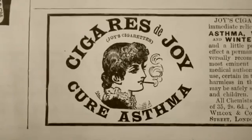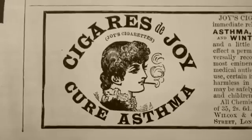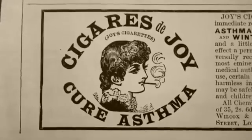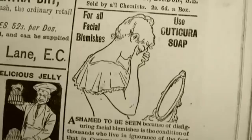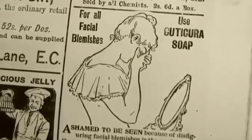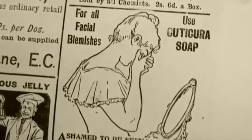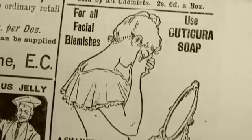The power of advertising put new pressure on Victorians and would lead to increased risks. And these advertisements are particularly aimed at the upper class and the middle class woman. And what they're trying to say is, if you don't buy our products, if you don't use our products, you will be a failure as a housewife, as a woman. So they really played on insecurities. And what they did was they got everyone to buy all kinds of dangerous substances under the guise of perfecting